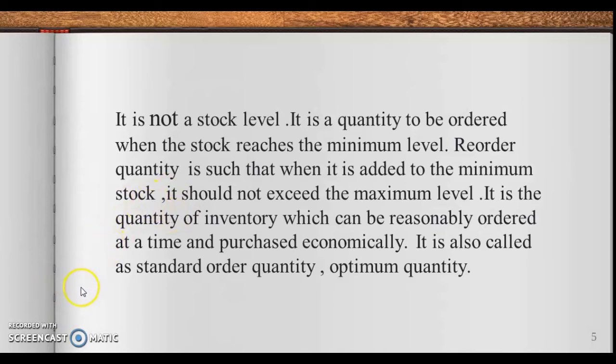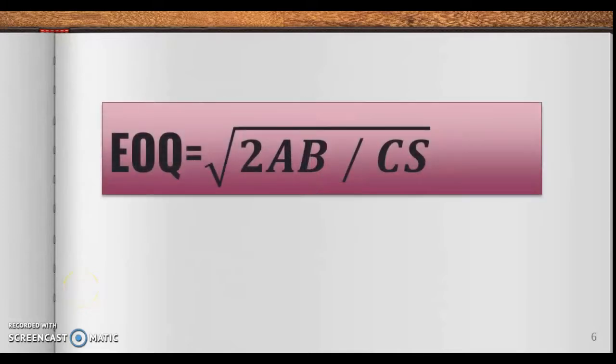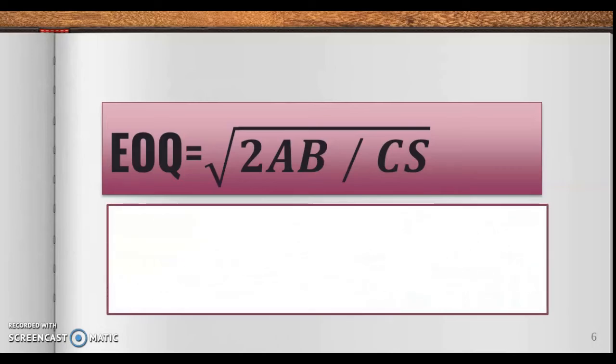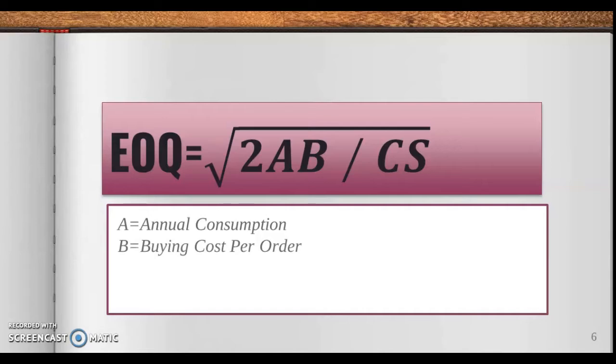So now let me give the formula for EOQ. It is the root of 2AB divided by CS. Here A stands for annual consumption, B stands for buying cost per order, C for cost per unit, and S for storage and carrying cost. So for clear understanding, we have one problem